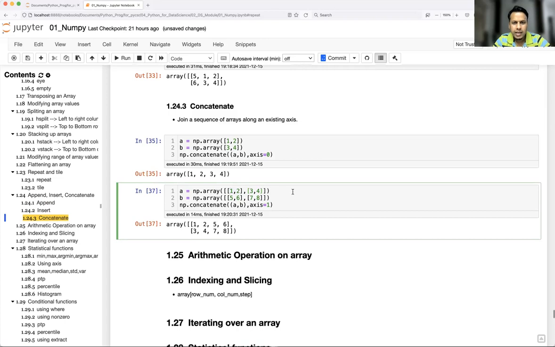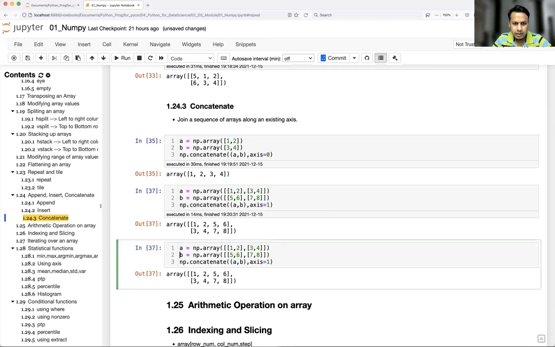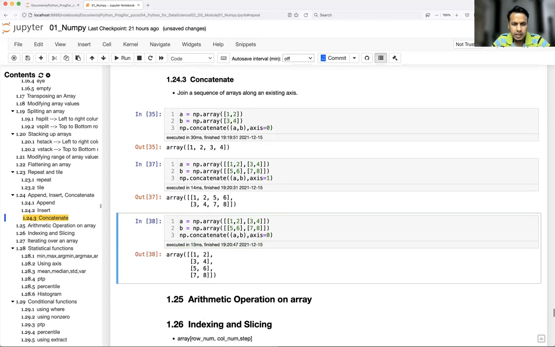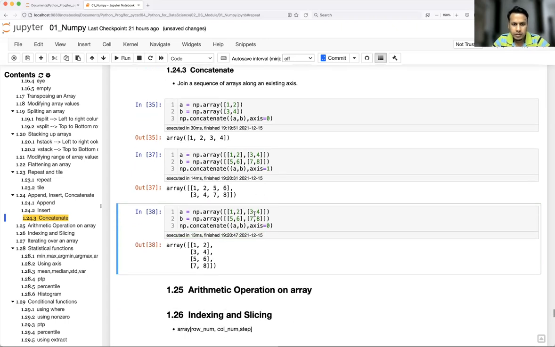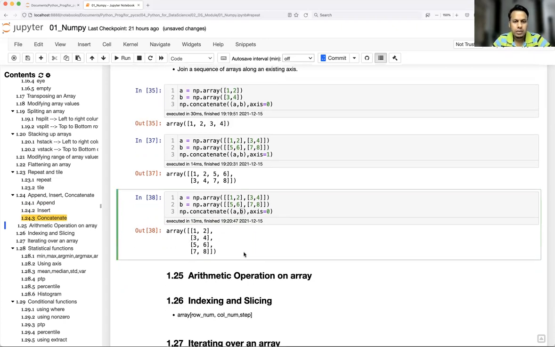That's how we got it. And I'm going to add along the row, so it will be side by side. Now take the same example and make axis 0. It will be top to bottom. So 1, 2 is the first row, 3, 4 is the second row, and below that the second array, that is b, 5, 6 and 7, 8, will come. Okay, so that's how you concatenate.